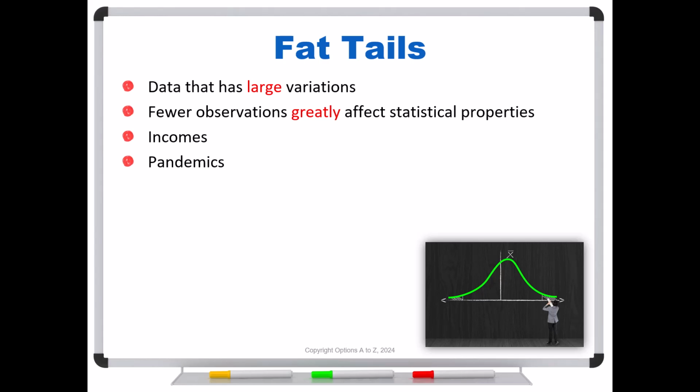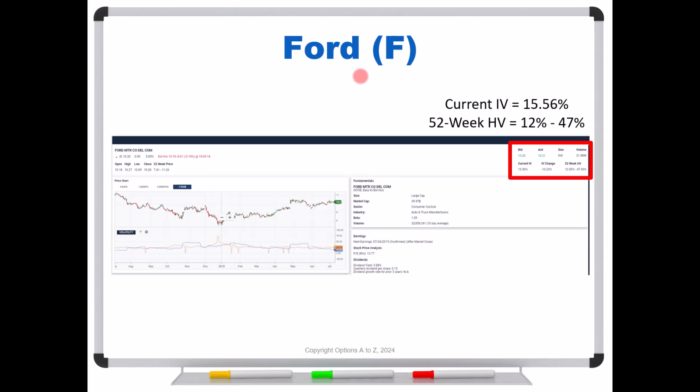What about pandemics? We saw this in 2020. You might have an outbreak of some type of, let's say, a flu where it could affect tens of thousands, maybe hundreds of thousands, but it could be into the millions. And so that would be a type of distribution that would have fat tails. Well, it also turns out that stock prices have fat tails. So, for example, let's take a look at Ford. I like using Ford because most people wouldn't think of this as being a real shaker and a mover, like a tech stock or anything. It's a fairly low price stock, so they think, hey, why not sell naked options on it? It doesn't move much. Well, that's not understanding fat tails.